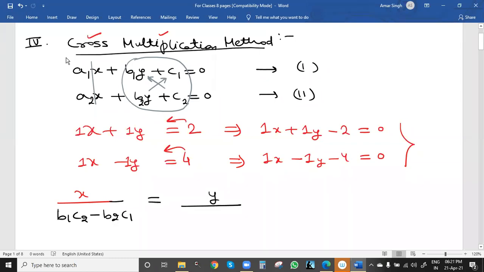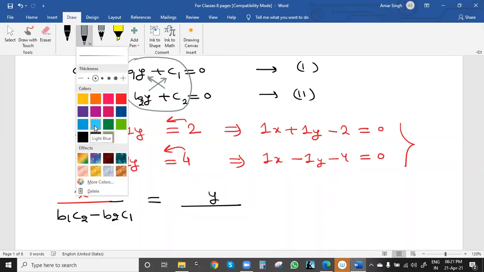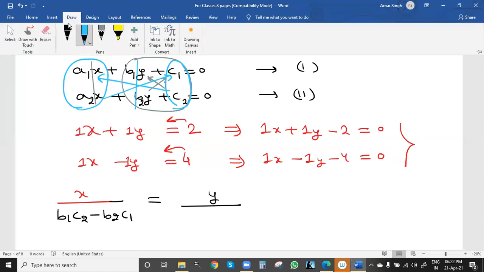and again one line. Now you know the pattern. What is the process? In y, we will ignore the column in which y is there, and focus on the other remaining two columns, that is the first column and the c1 c2 column. And again we'll do it from the right hand side, so this goes like this: this multiplication minus this, and we write the values.